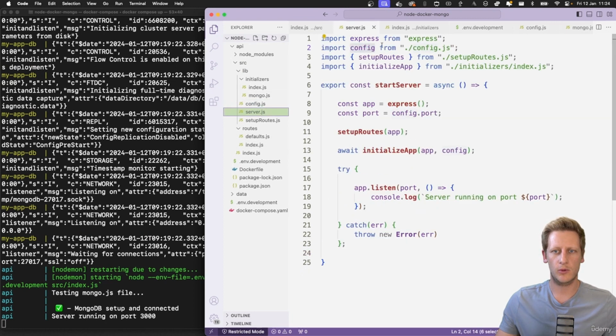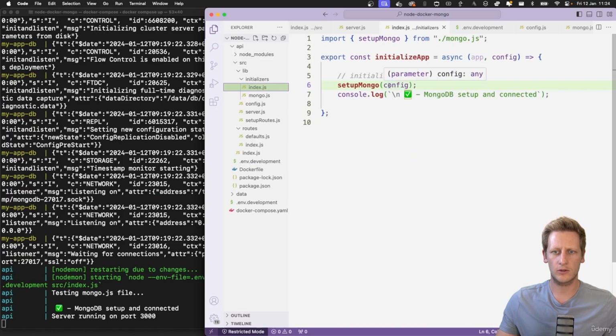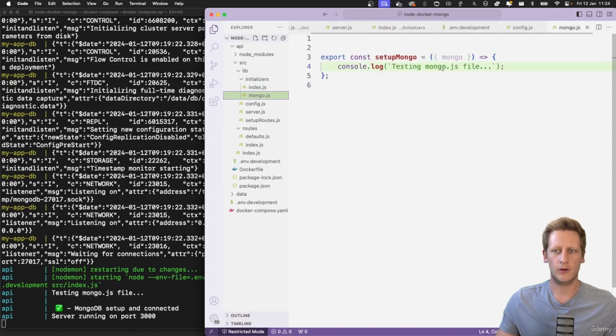And because we're importing our config into our server.js and we're passing that through into our initialize app, we should get a hold of it here as the config global object, and then in our mongo.js file we're destructuring that config and we're pulling off the mongo key that we've just created. So let's just go ahead in here and add in a JSON.stringify, and we'll just print out the value of mongo here,